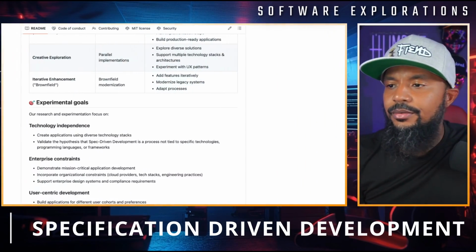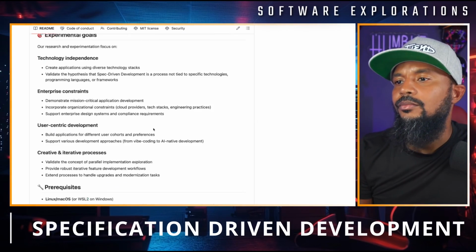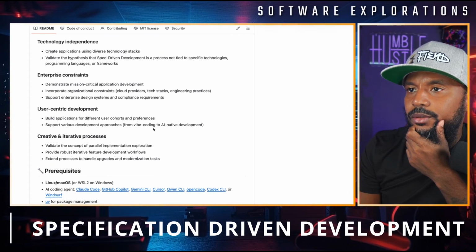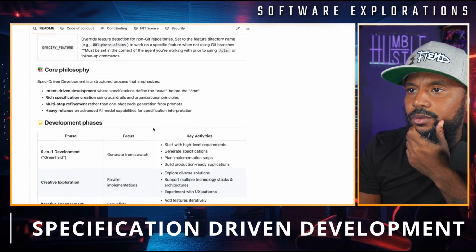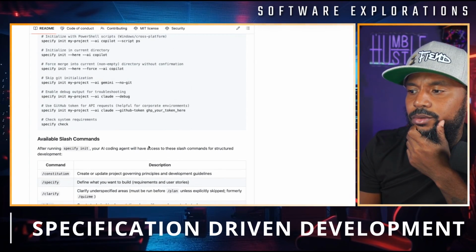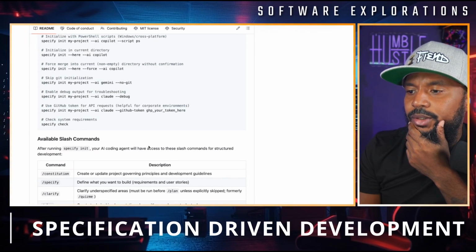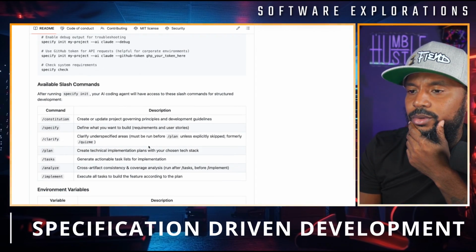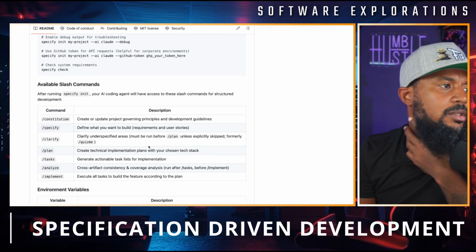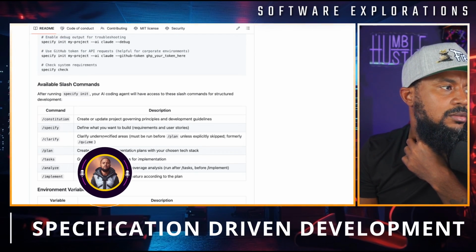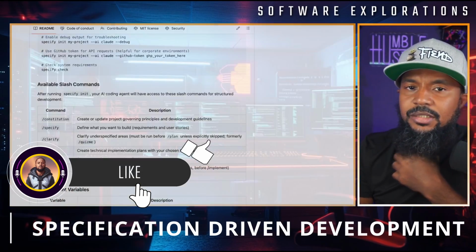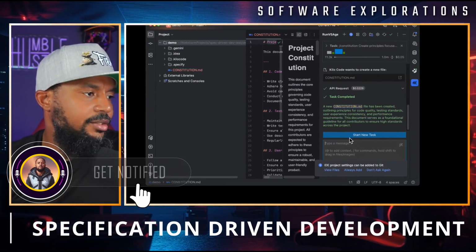Let's take a look over here. Update or create project governing principles. Because according to the video, I don't know if it's actually using